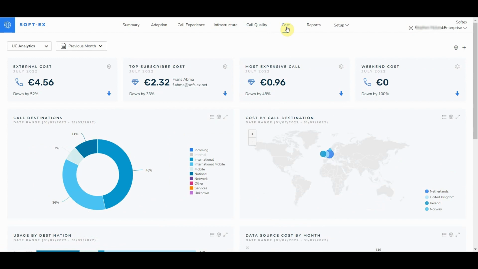The Cost Dashboard is displaying calls that have incurred a cost, and these generally are calls that have been directed outbound and are tariffed based on a customer's telco provider's tariff scheme. The information can be drilled down on to provide further insights into the users, the dialed numbers, the call cost,